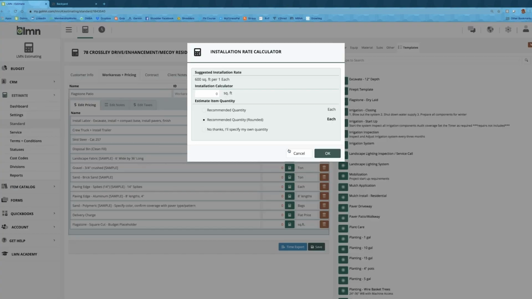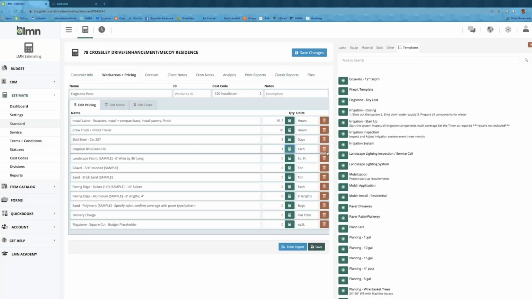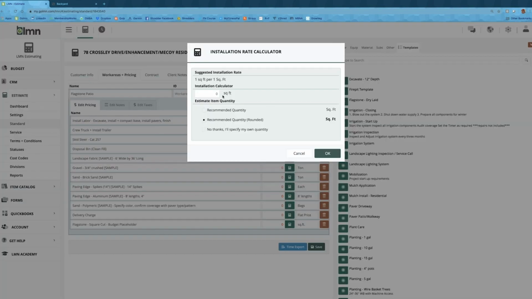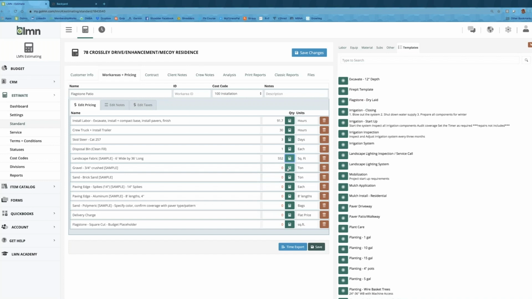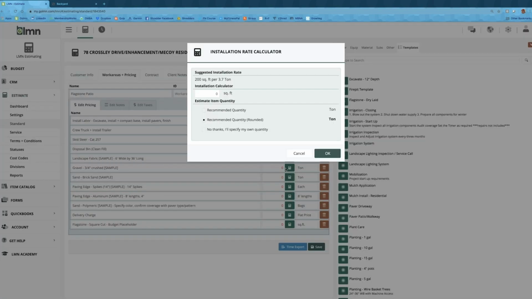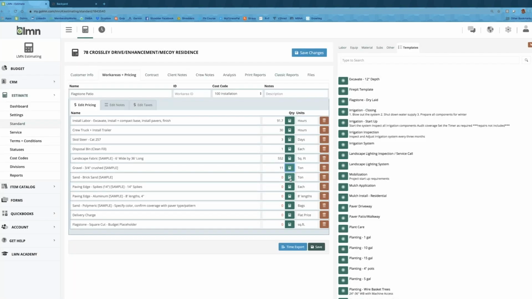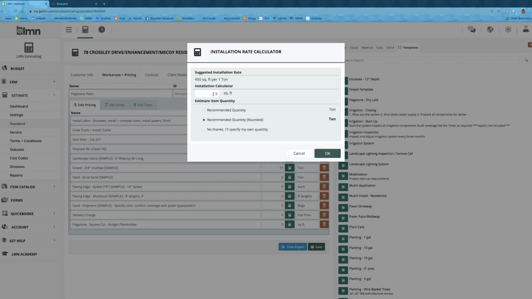On the clean fill disposal bin, I'm going to use the calculator again because I don't want to have to get a calculator out manually and do this. So it's going to calculate automatically how many clean fill bins I'm going to need. If I'm going to put fabric down, I'm going to enter the 550 square feet there. My gravel, again, is going to calculate using a calculator. So I'm going to enter that square footage. It's going to calculate my stone base,